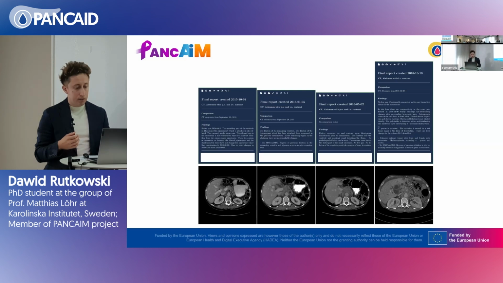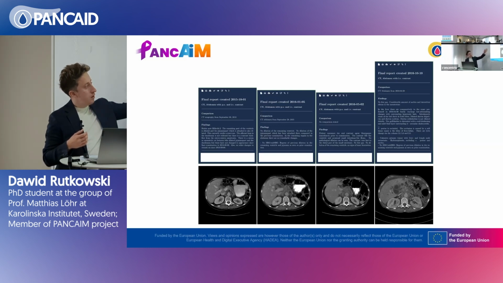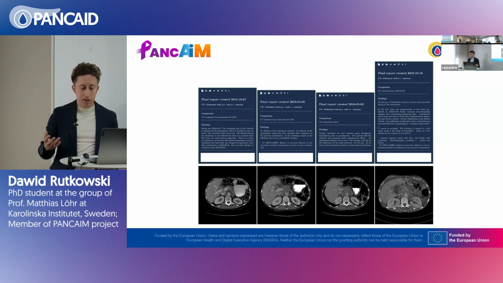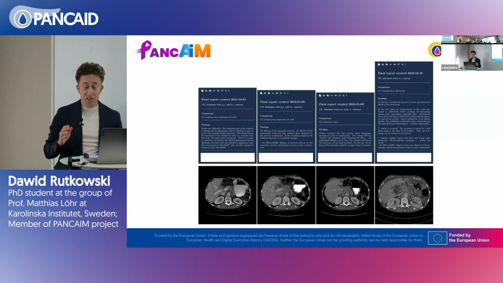So what you can see here is the radiological reports, but you also see white boxes where I have blurred out what the AI has said or indicated when I exposed these examinations to the AI. Now I want to clarify, I did not expose all examinations at the same time to the AI, in the same manner as you would look at them in a multidisciplinary conference, because then the radiologist, the oncologist, the surgeon, the pathologist, they would all look at all of these series and make a decision based on the timeline. The AI has only been given one examination per judgment. And this is a very important distinction to make.